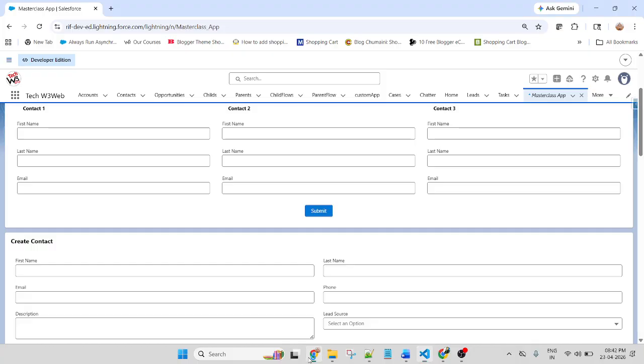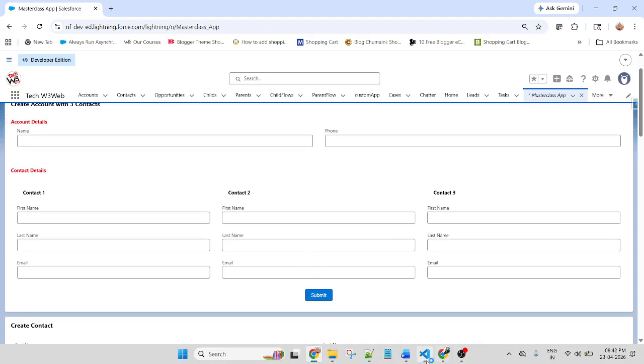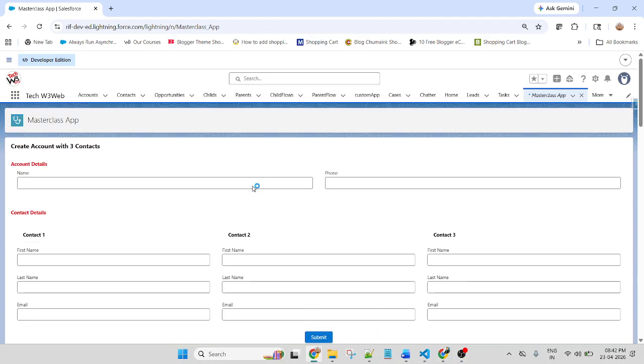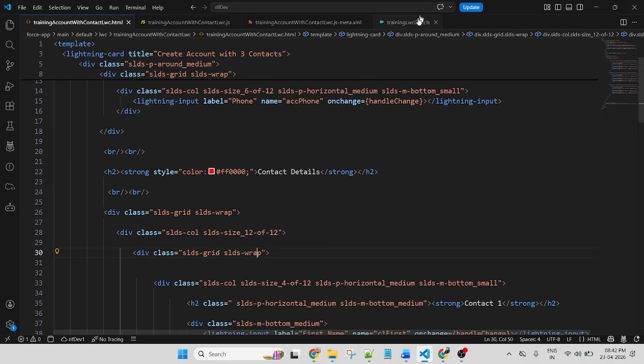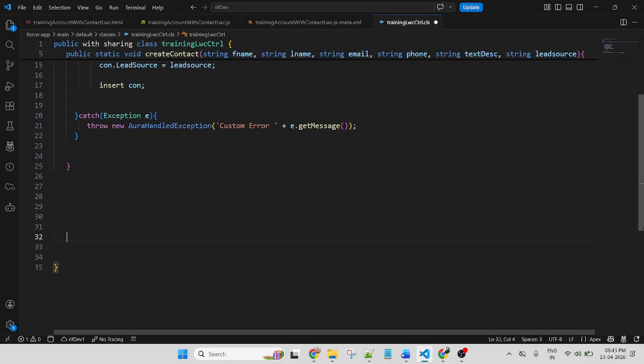So we have added all the series of fields. So friends, first I completed the component. As per the scenario, I created a component. Now let me work on the Apex class controller. I will use the same controller that was created in the previous session. This is the training LWC controller that I am using for the combo box. So I will create another one below this. This is a controller, this is a method. This method closes here. I will create another one.